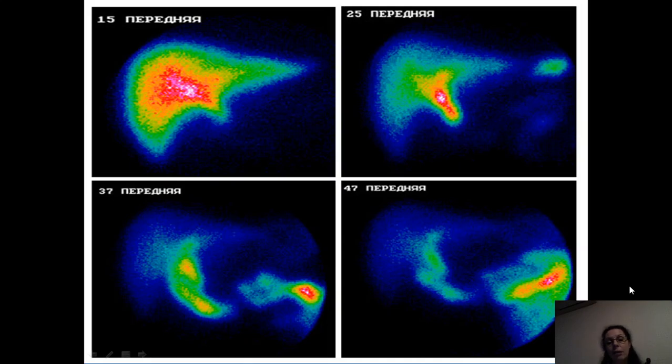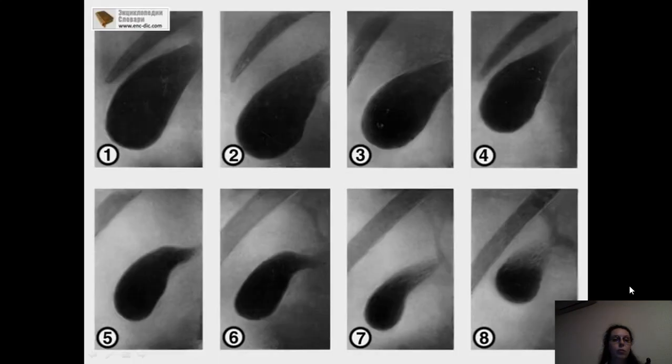And that is hepatoscintigraphy, which shows us accumulation of radioisotopes in different parts of the parenchyma, and its movement, the evacuation, how it's moving from one part to another. And this is cholecystography, and here is demonstrated how we can follow the degree of contraction of the gallbladder. If we don't have any changes in sizes of the gallbladder, it testifies that it's hypotonic. And if it's too significantly contracted, for more than 2/3 of primary sizes, we may speak about hypertonia, too intensive